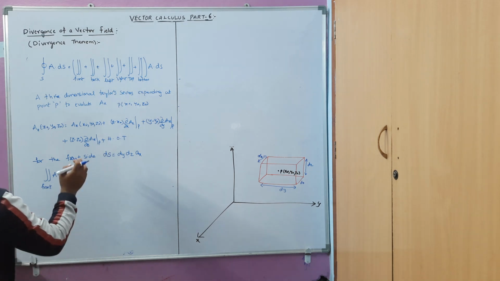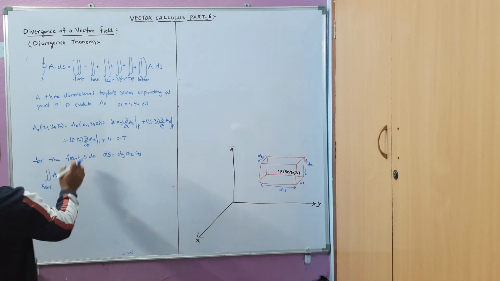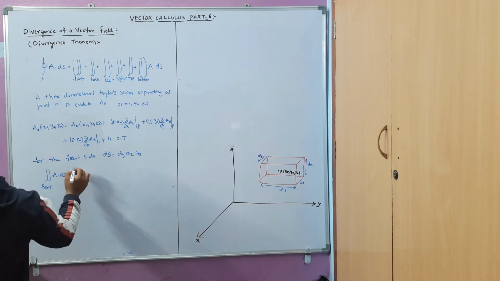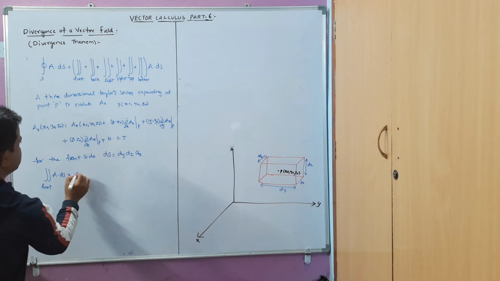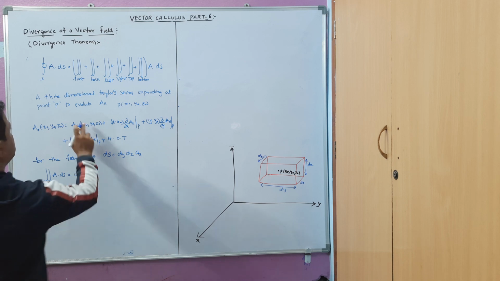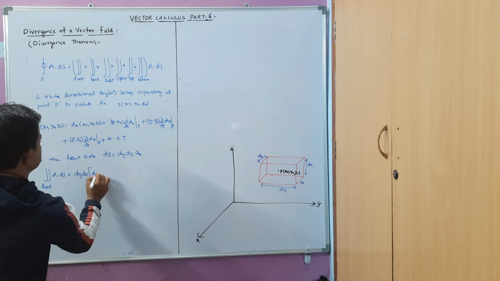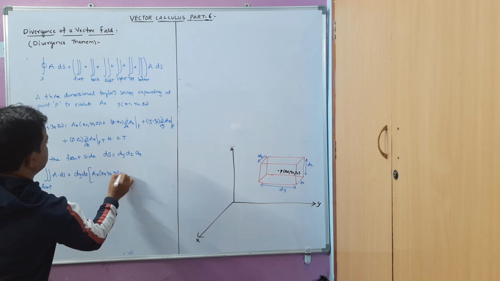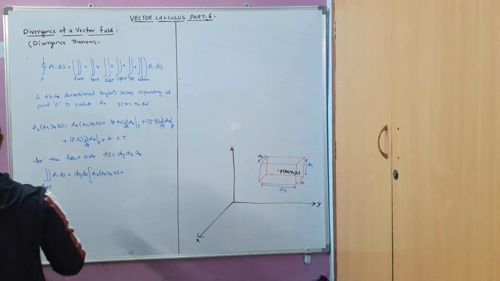This will become dy into dz into Ax at x naught, y naught, z naught plus, and here